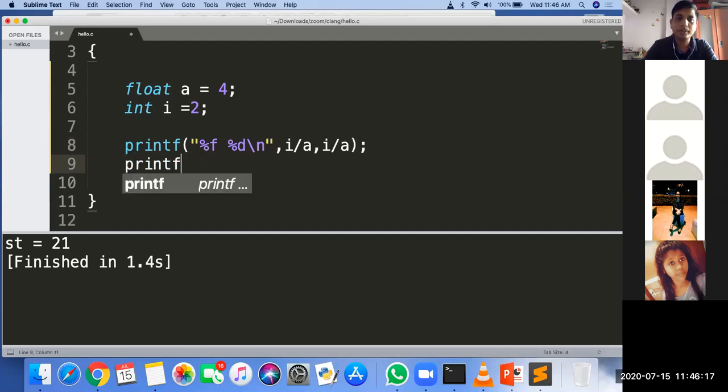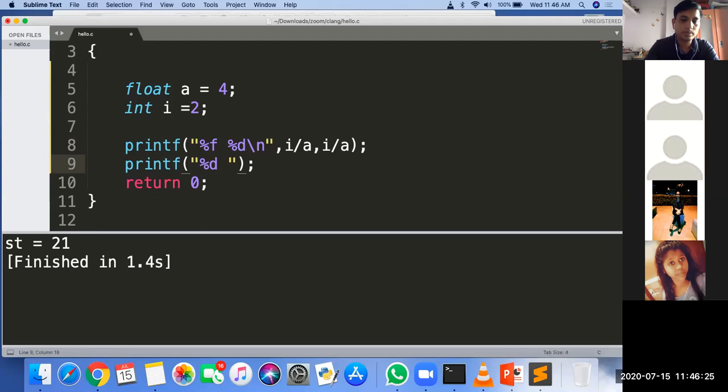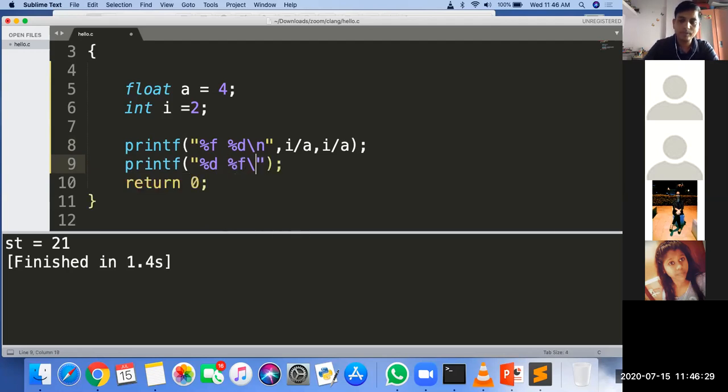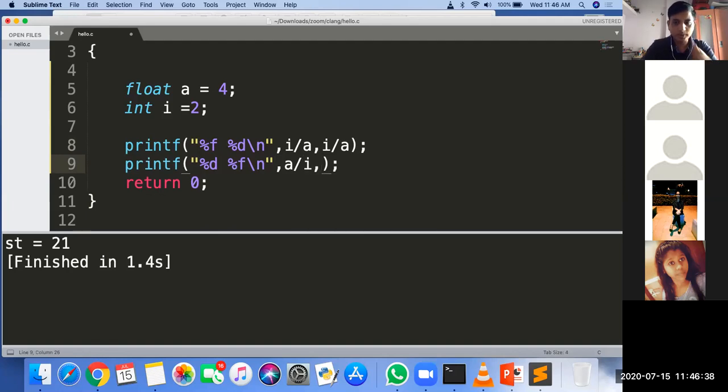And again printf percent d, comma percent f, slash n, comma a divided by i, comma a divided by i.